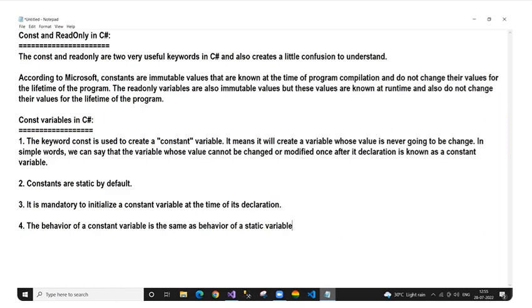People can also ask you one question: then why do we need to create a constant variable? We can use a static variable only. But a static variable's value can be altered or modified later in the program, it cannot stay the same throughout the entire program. So if you want a fixed value through the entire program, then you must create a constant variable. So the behavior of a constant variable is the same as the behavior of a static variable,